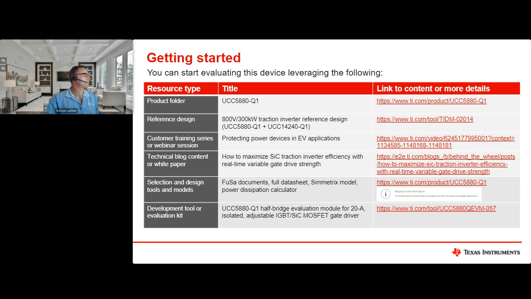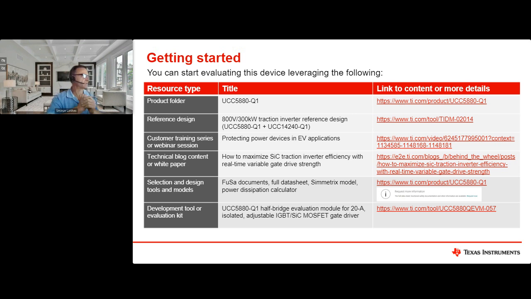And I think there was another question in terms of the size of the package. You can go on the web, by the way, if you type UCC5880-Q1, you'll go to the product folder on the Texas Instruments website, and you can download the preliminary data sheet. It's only 10 pages for the full data sheet. We do require an NDA. So please keep in mind that we have a secure folder inside the product folder where we ask you to request access, and then we will be asking for an NDA if an NDA is in place.